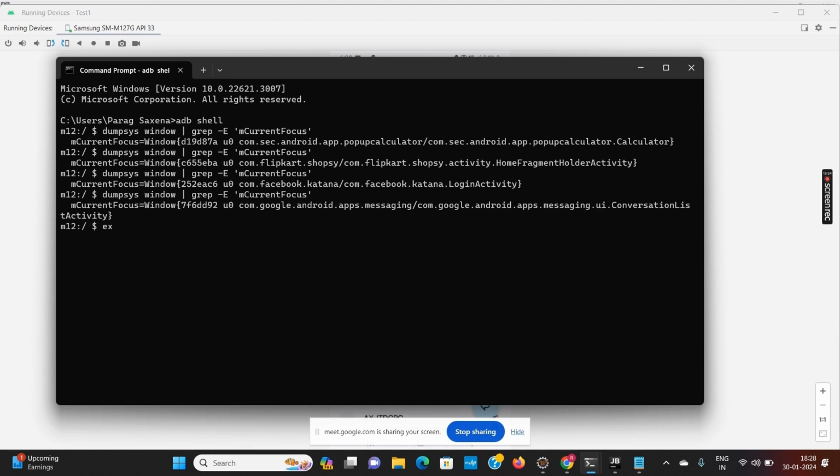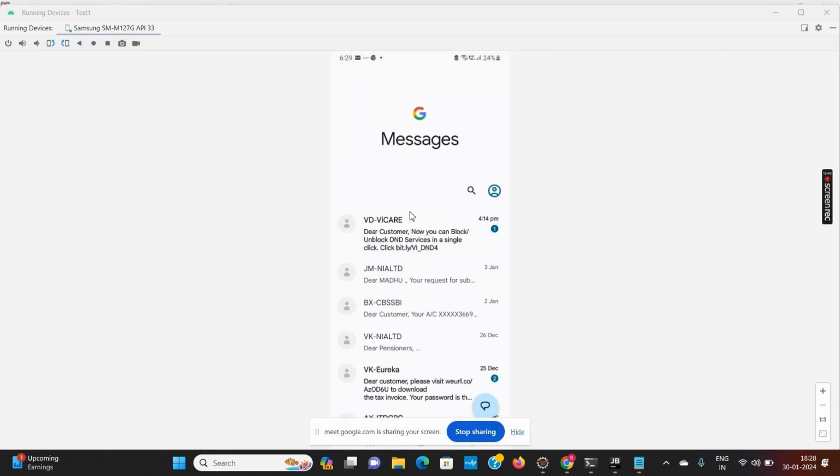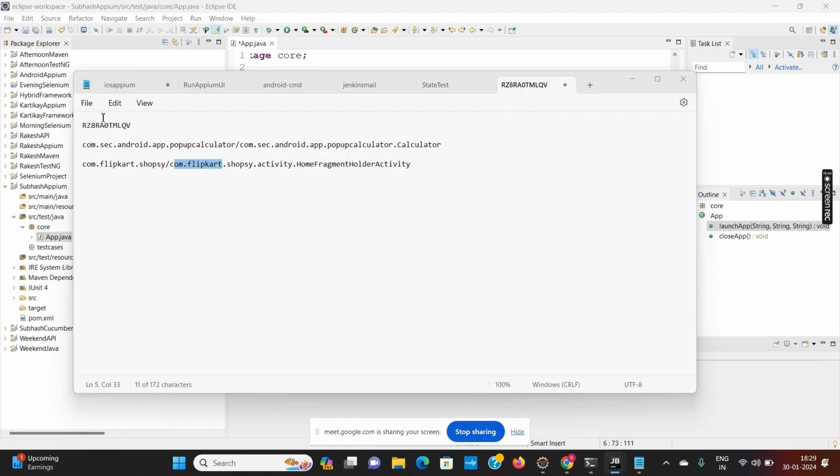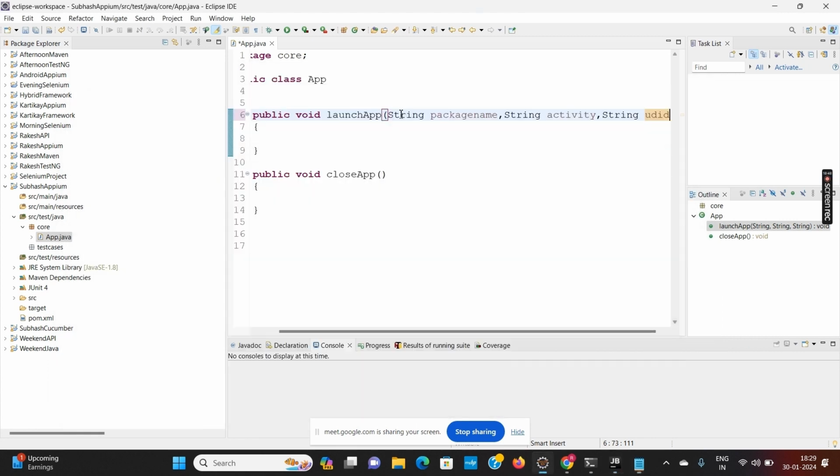So I will exit this command prompt. And now, as I have already copied this in the notepad, I will now write the code.